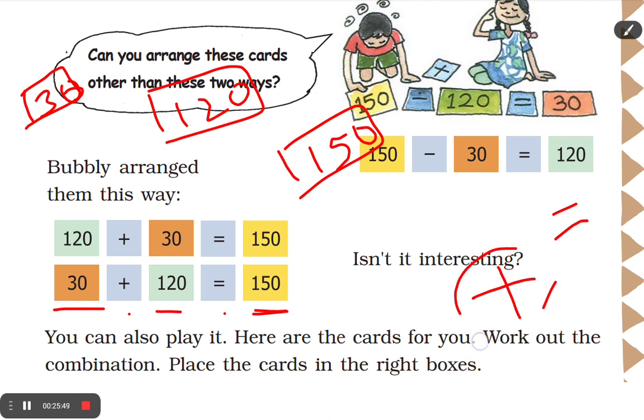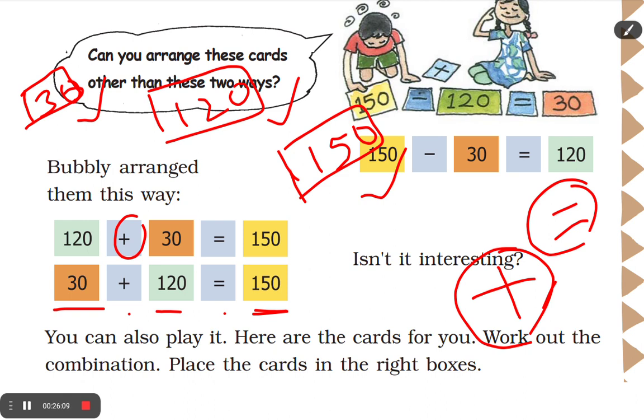These two cards also you can prepare and use them. So he kept plus here. He has taken 120. See, in all these three number cards, 30 is the smallest. Next biggest is the 120 card, and the biggest one of all is 150. So while doing addition, always the biggest card should be placed on the rightmost place. Means it comes to the last, right-hand side.